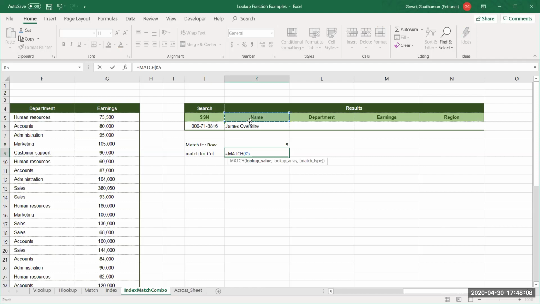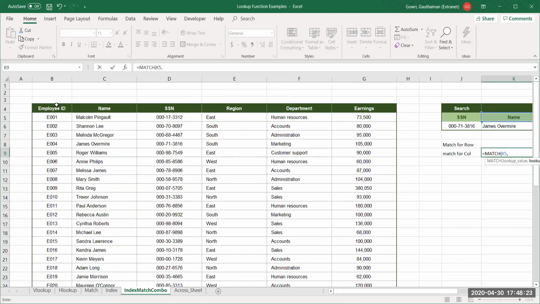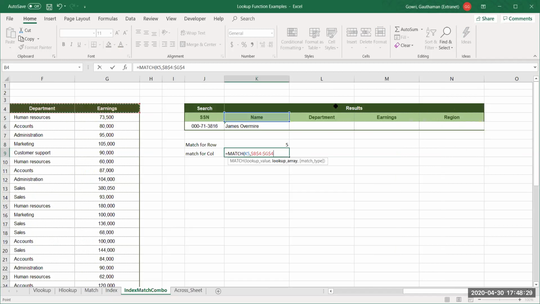I'll not give any dollars to this one because I want this to change to department, earning, and region automatically when I copy paste it. Give comma, lookup array. Where do we find this? In the headings. So select only the heading part and make it absolute. Give comma, exact match 0, and press enter.